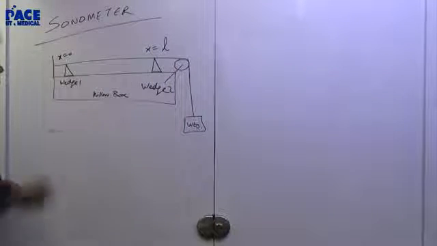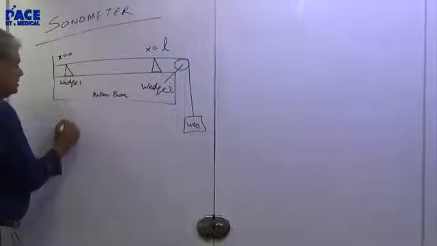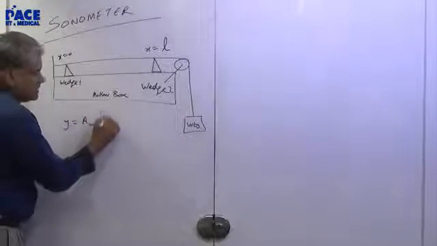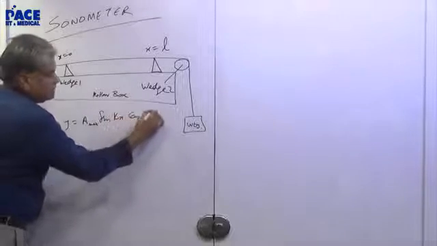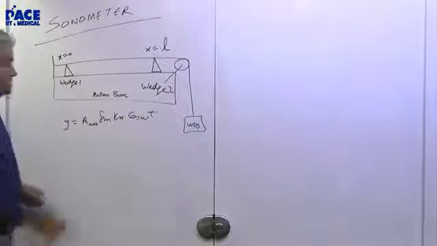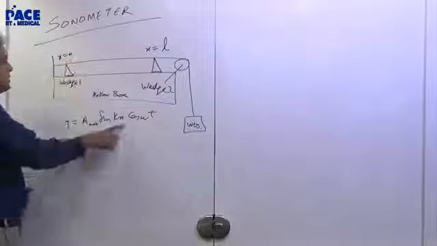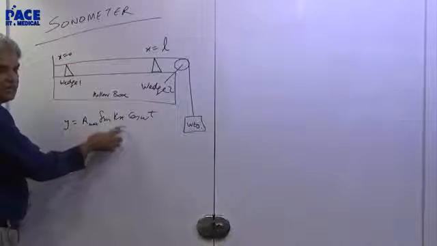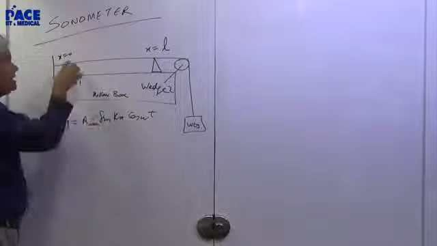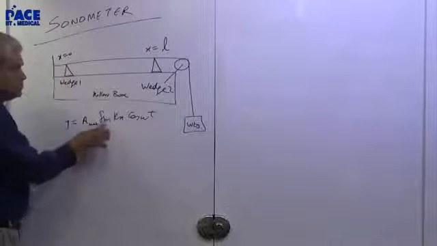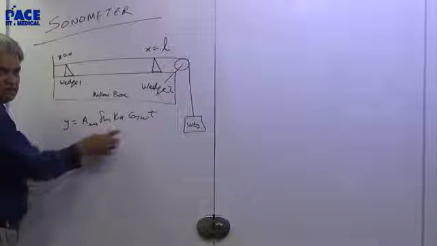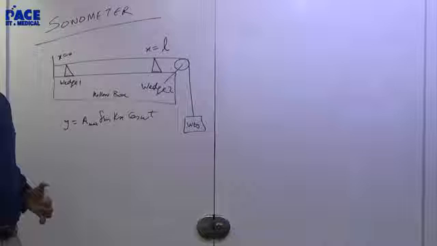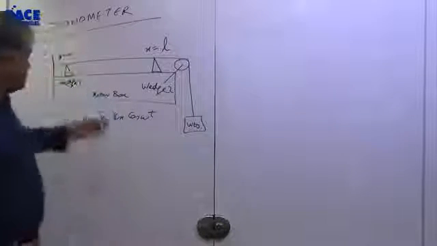We know that the stationary wave on this will be, now y will be equal to, instead of 2a I am writing it as a max sine kx cos omega t. Why is it I am putting sine kx? Because at x equal to 0 you are getting a node. If I don't get a node, then I won't put sine kx, I might put something else. Like suppose at x equal to 0 I get an antinode, and I should put cos kx because then only it will give the maximum term. So what you will put depends on what is the boundary. At x equal to 0 what is happening? I know this is happening.